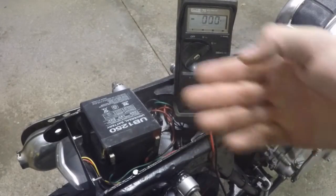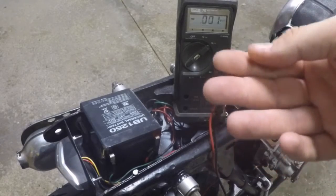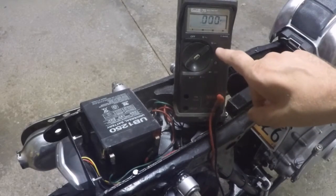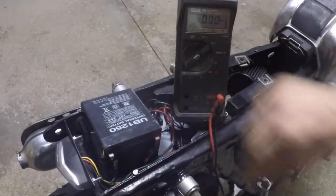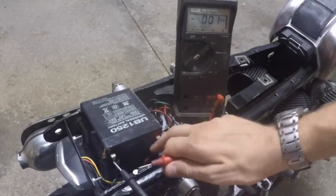We'll move on forward. Now I went ahead and took the seat off the bike to access the battery. Now you notice I said that the headlight was not turning on with the key on. So I know we have an issue with the battery. So we'll go ahead and check the battery. Take your multimeter here, put it on volts DC because we're checking a battery. We will disconnect the negative, disconnect the positive, make sure nothing's going to touch,